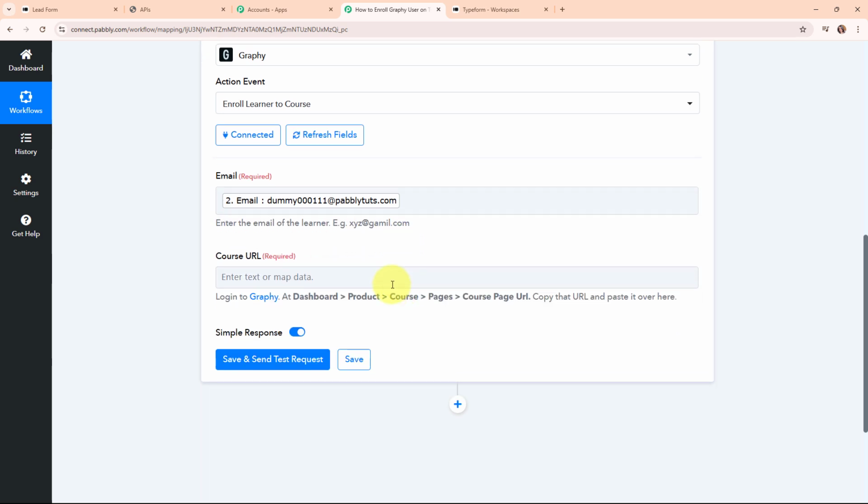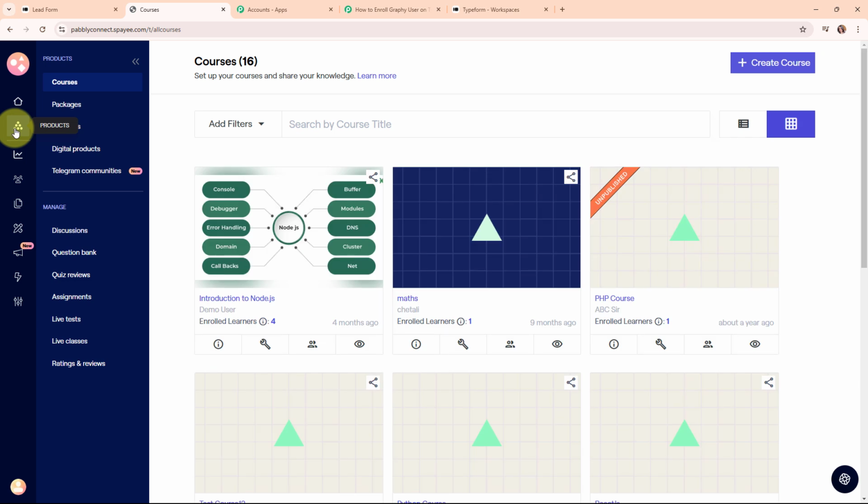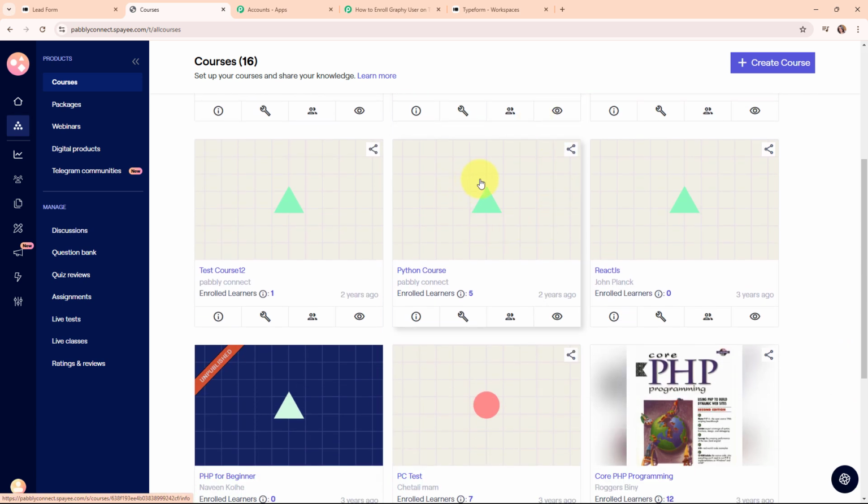Moving forward, here it is asking me for the course URL. So here in this course URL field, I need to enter the course URL under which I want to add this particular learner. So to get this course URL, I'm going to follow the instructions given over here. So now let me take you back to my Graphy account, and from here I'm going to click on products, and under products I'm going to select courses, and under courses you can see all the courses available. So here I'm going to select a particular course under which I want to enroll the user, which is named